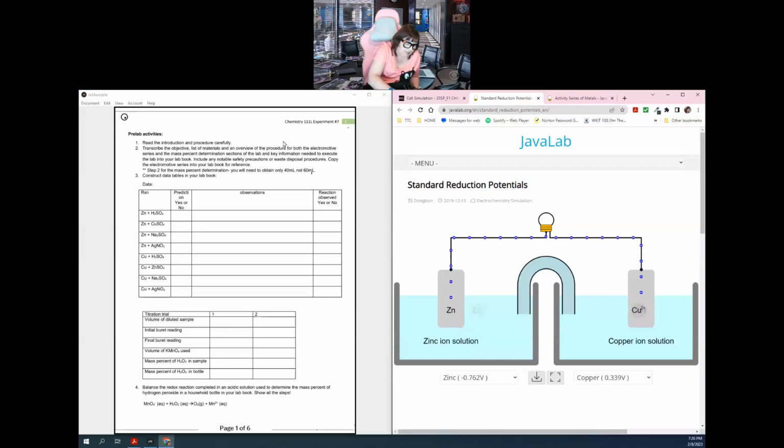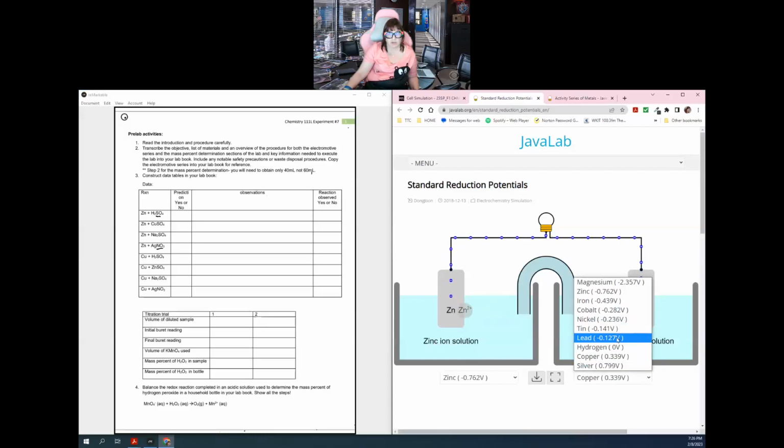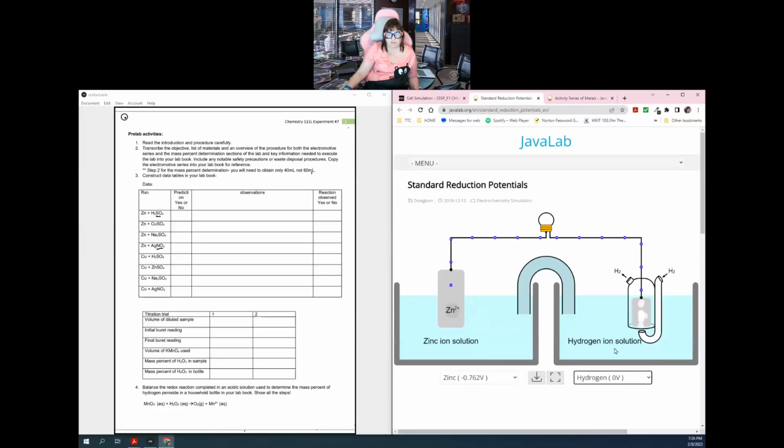These ions, the sulfates and the nitrates, are not important. Okay, you're concerned about the zinc reacting with the H plus, the Cu2 plus, the Na plus, and the Ag plus. Okay, now the way we do that, and I'm going to start with our standard reduction potentials. We have zinc over here on the left, and over here on the right, we're going to put in our hydrogen. Okay, now what I see when I have this running, which I do at the moment, is that I